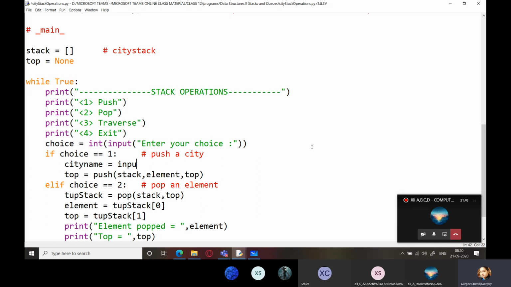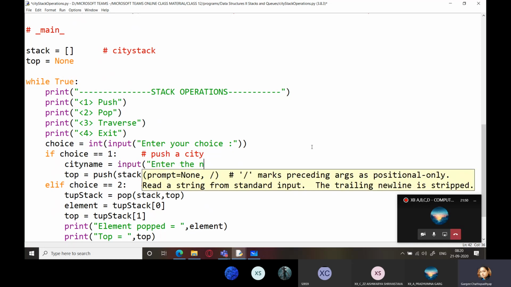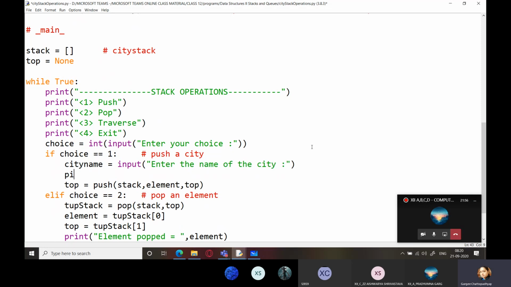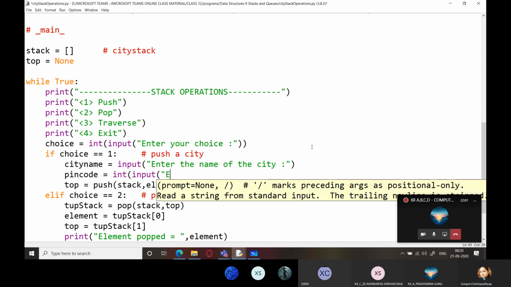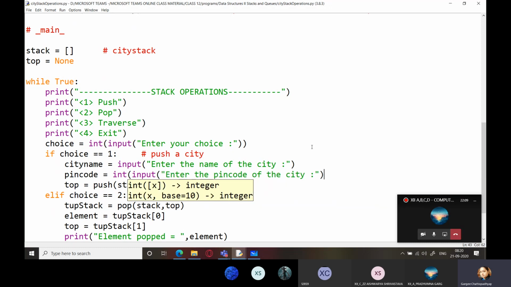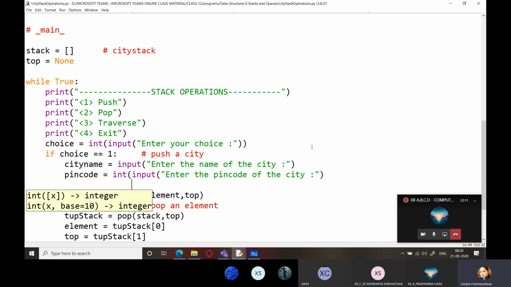City name equals input, enter the name of the city, and pin code equals int input, enter the pin code of the city. Now pin code you can take as string also, because we are not doing any calculations on that. Now this thing it's up to you whether you want to send it as a list or as a tuple to be saved inside. Okay. So let us first do it in the form of list, and then we will take it in the form of a tuple.